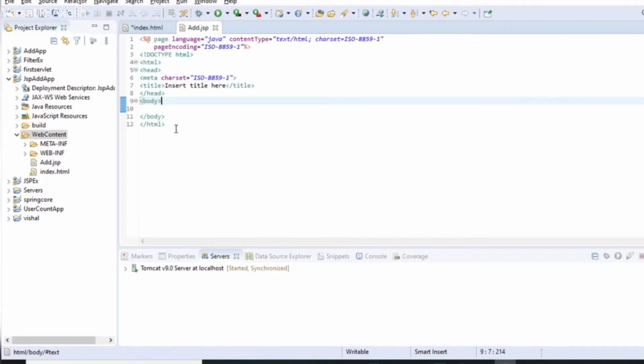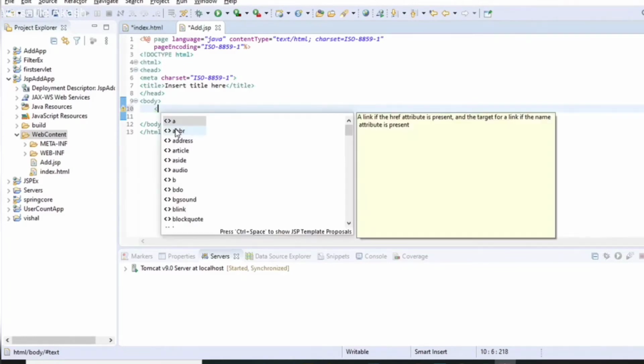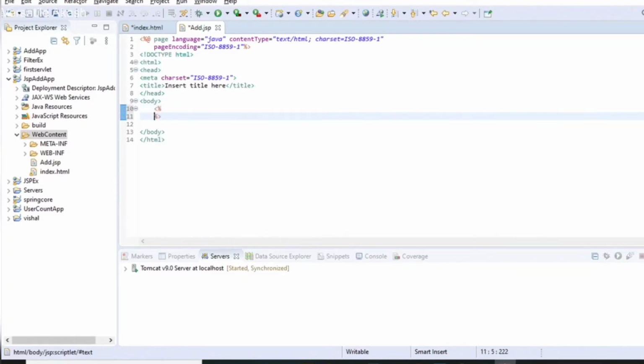First we will write a scriptlet tag in which the JSP code, or Java code, will be inside this tag. So write the scriptlet tag. All the Java code will be inside this tag.